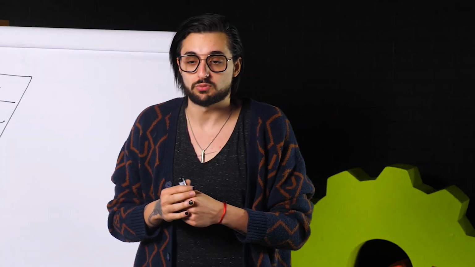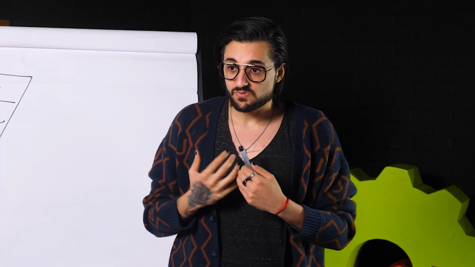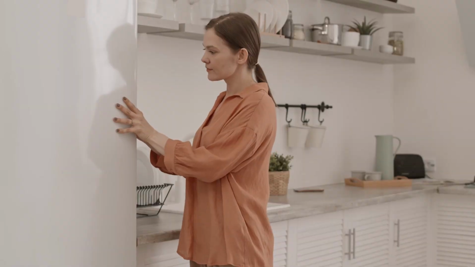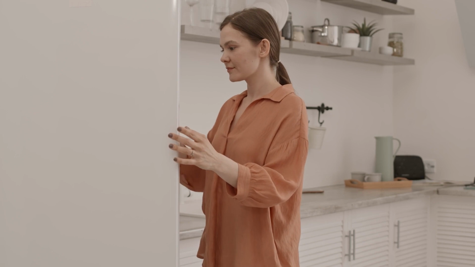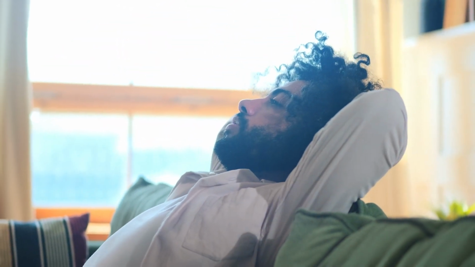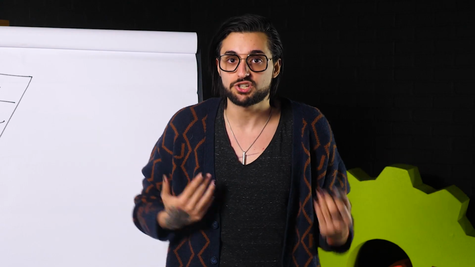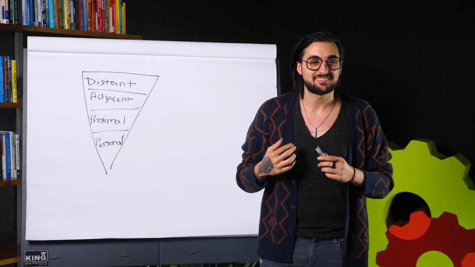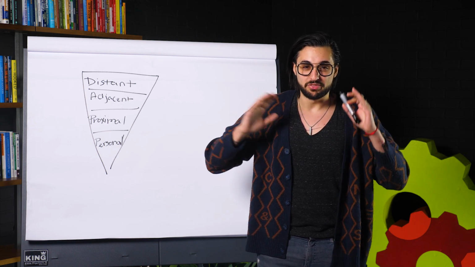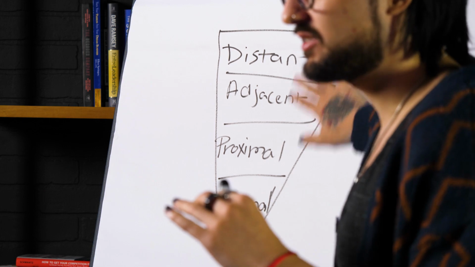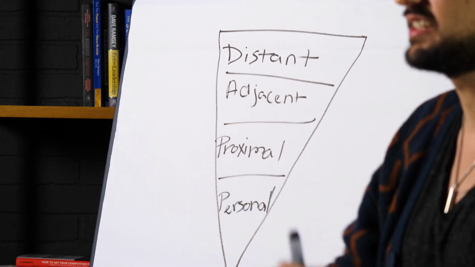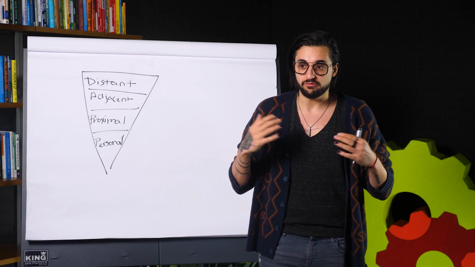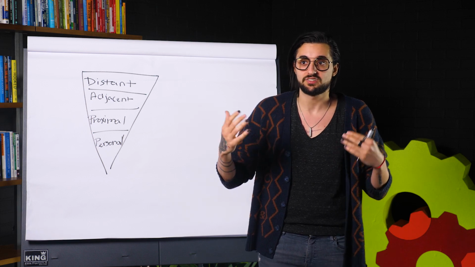So let me give you an example. My business partner, John, I can walk into his home, open up the fridge, grab a Topo Chico or a Diet Pepsi or whatever I want, go onto the couch, start watching a Marvel movie, and flip up my legs. That's just the relationship we have. I can't go into your home and do that though, can I? Right? That's weird. So this is why we have this whole entire funnel here. It's to gauge the level of connection that you have with a person at any given point.